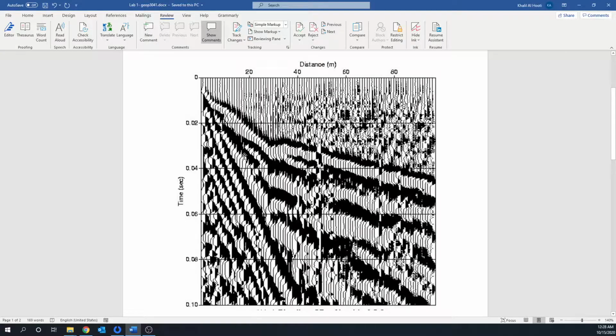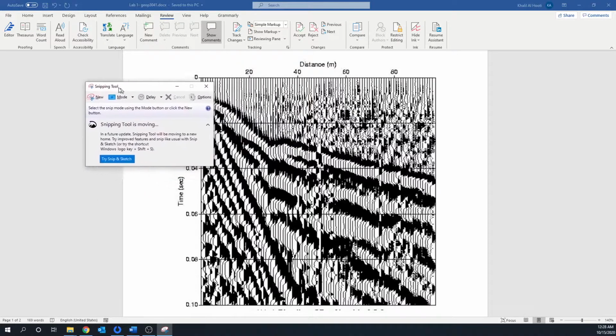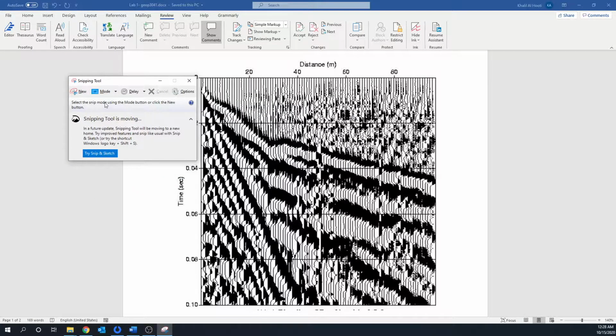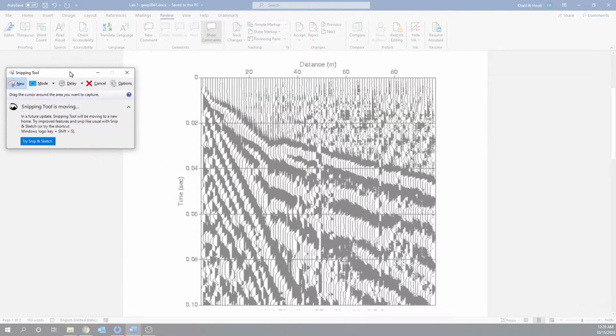So if I go back to this seismic shot gather, I need only the seismic shot gather itself. I don't need the numbers. So I make a snapshot. I open this application, the Snipping Tool. I think most Windows have this thing. You just type Snipping Tool in the search bar and you'll find it. Let's create a new one, and I just select